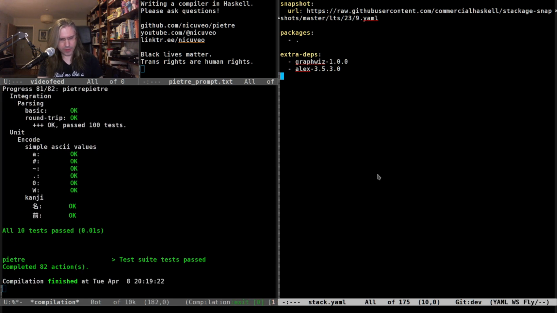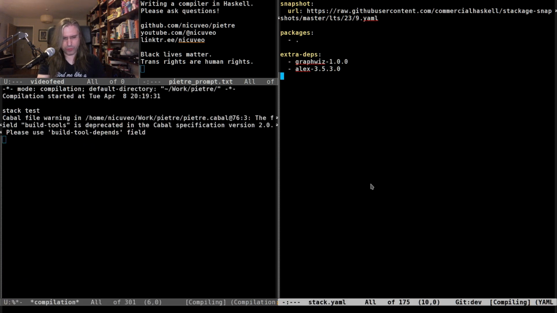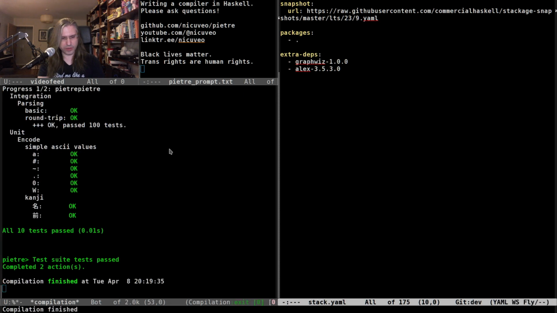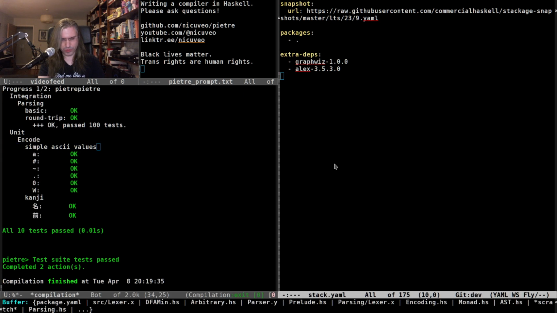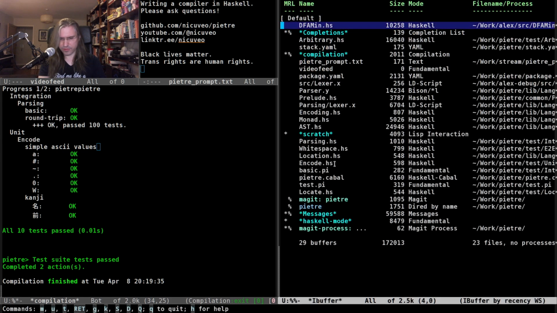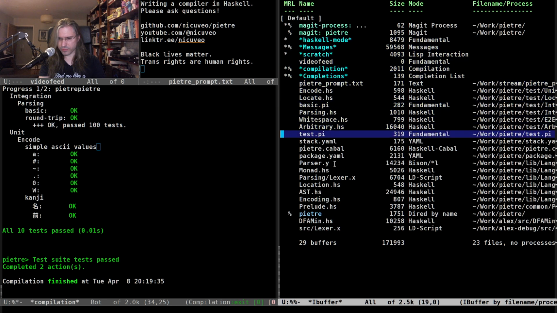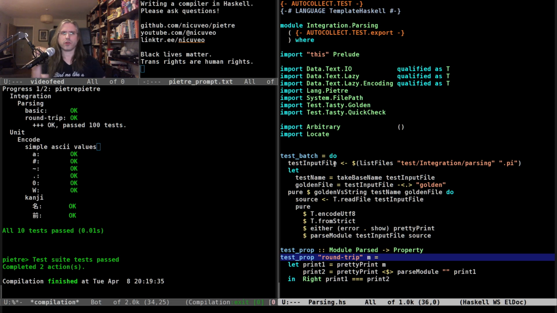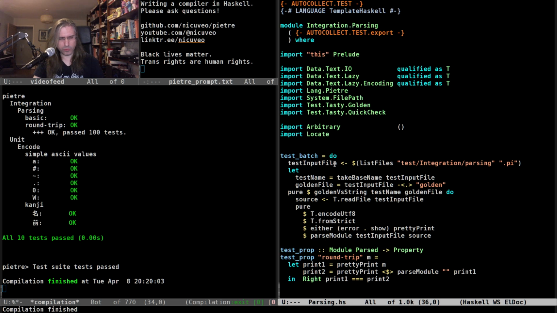Okay. And I think I want to run it a few more times just because we had a few weird bugs last time in the round trip. Actually, I'm just going to change one thing. Where is that test again? Since I'm using the autocollect thing, I don't know how to specify that I want this test to run more. That's fine. It seems to be running fine, so...